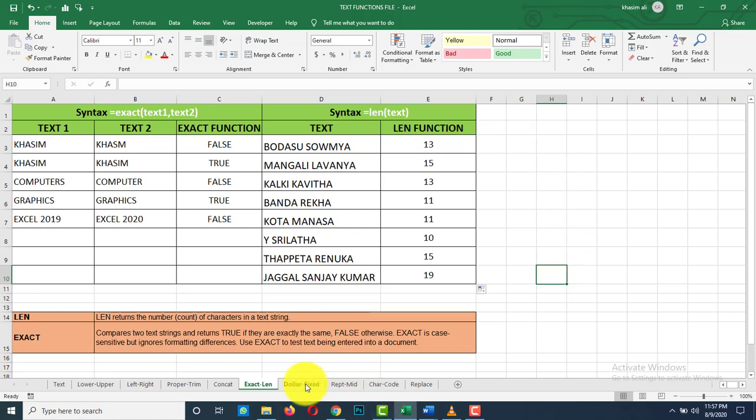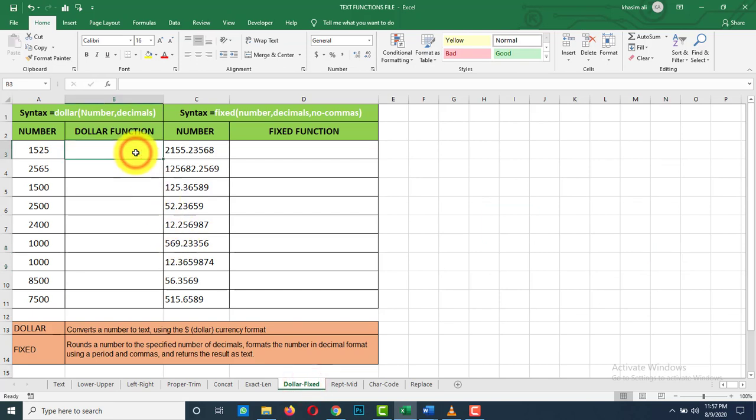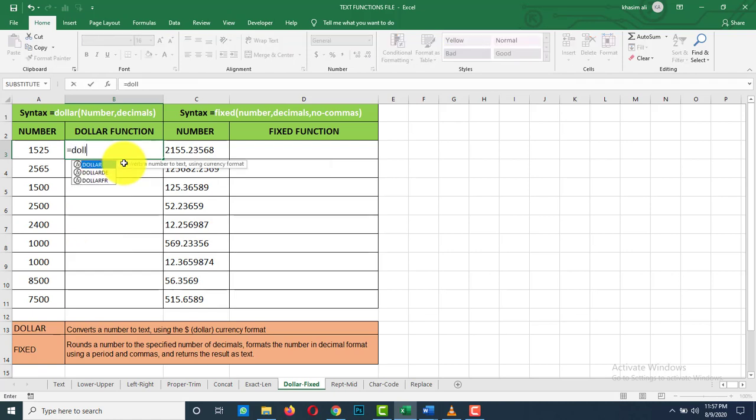Now, the next function is the dollar function. This dollar function is used to display a currency symbol before the number. See, equals to dollar of A3.